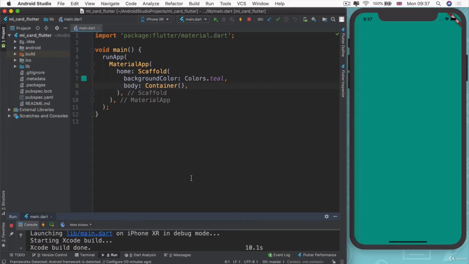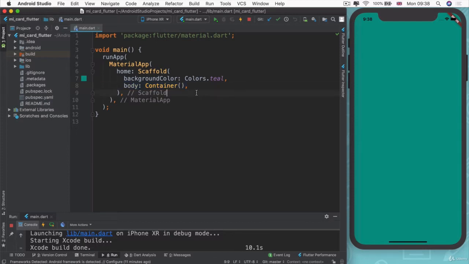Now, in the last module, when we built our I Am Rich and I Am Poor project, if you remember, we created our app inside our main function, which we know gets triggered when our code is run. Inside these curly braces is the starting point. And inside here, we've told the phone to run an app, which is a material app, and then we gave it various widgets to be displayed. So in this case, we've got a scaffold that has a background color and simply just an empty container as